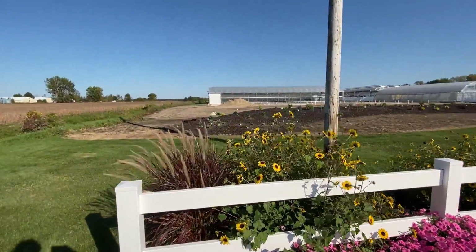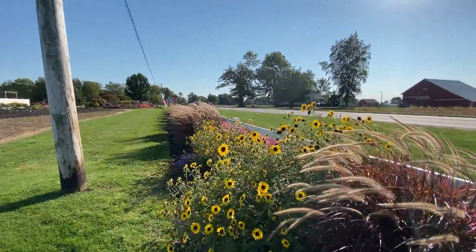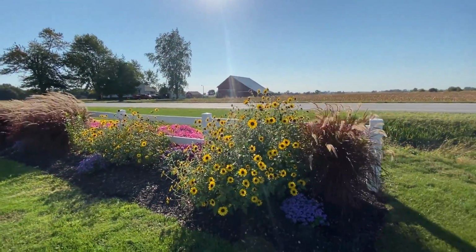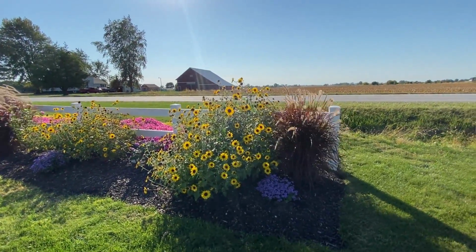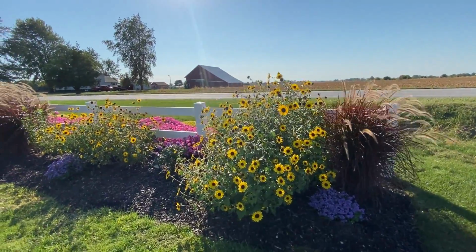Now we'll walk the back side of the fence and see what we got here. So we did do a lot of annuals on the back side this year because we have shrubs planted, but they're really small, so we wanted to have things with color. So we've kind of done a little bit of a repeat in here. We have the Pentas, Fireworks grass, Suncredible sunflowers, can't go wrong,